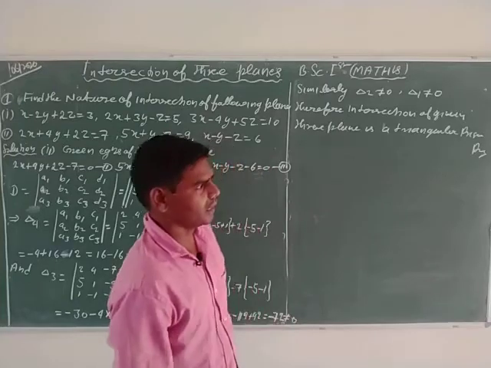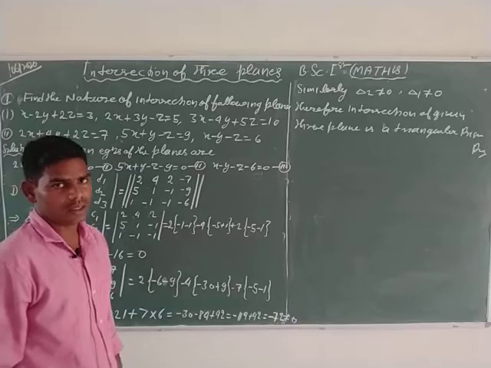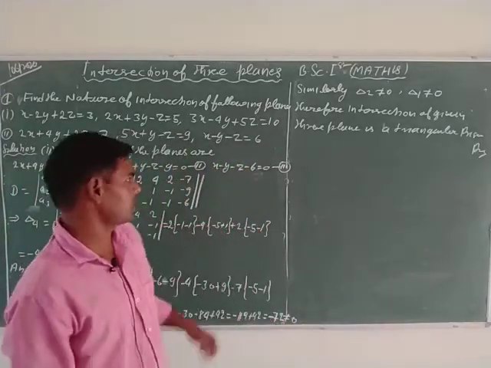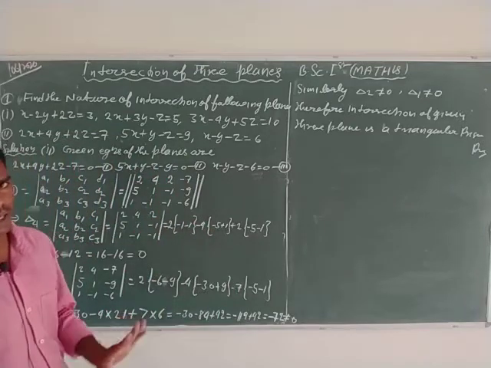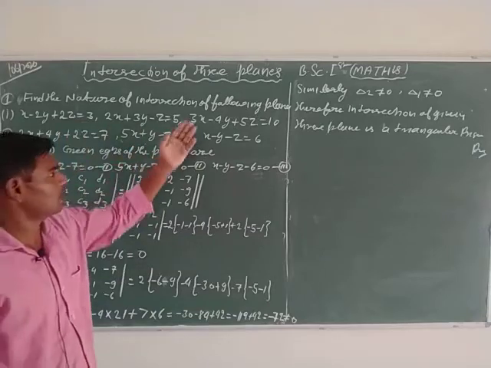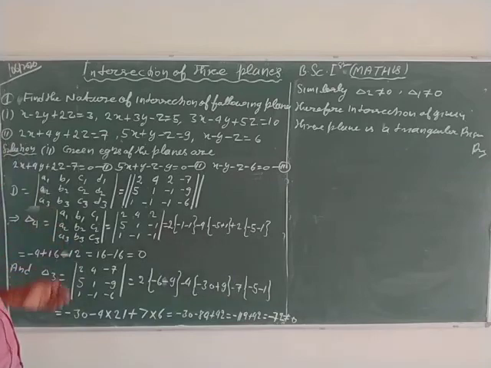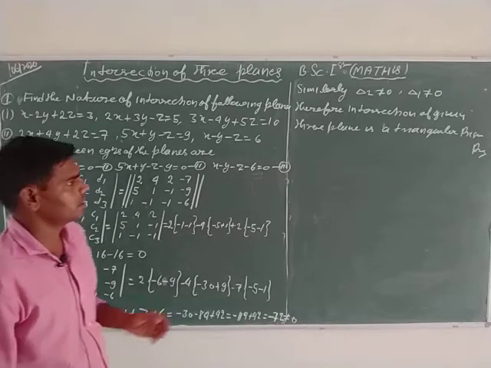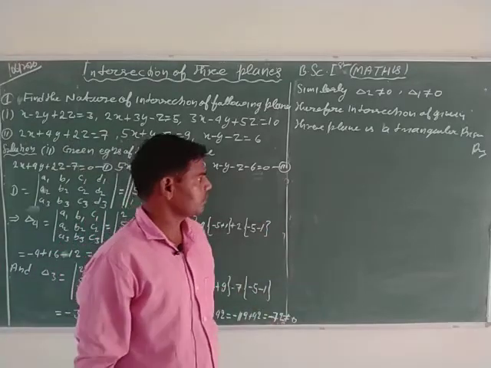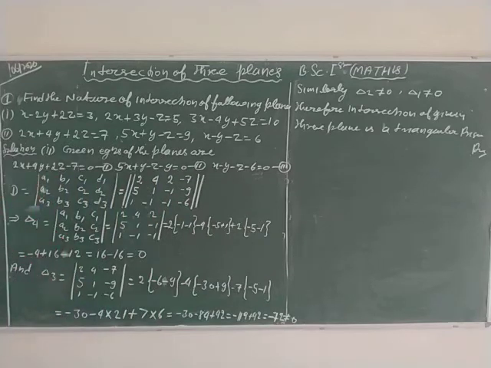The second subcase is, suppose that delta 3, delta 2 and delta 1 are equal to 0, then according to the rule, the intersection of the given three planes is a common line. So in the first case, the intersection of the given planes is a point, and in the second, the intersection of the given planes is a triangular prism. After this, please take another question related to this article, intersection of three planes.